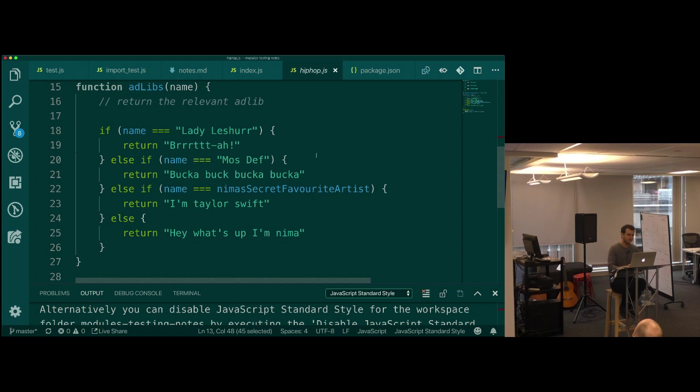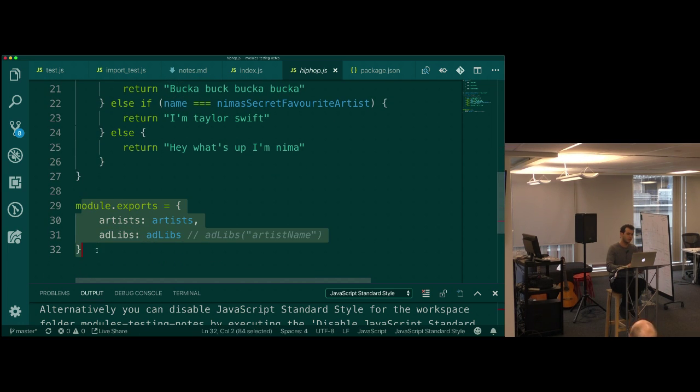I've got a function that returns a bunch of different words or whatever, depending on what's passed in. It's just a bunch of cool code that somebody might want to use somewhere. So then I'm also module exporting this stuff, right? I invite you to take a look at how I've set this up later. Now, before I publish this, or before I give this to someone and say, hey, here's all my hip hop stuff that I made, if you would like to use it in your program, I want to verify that my code works properly. I want to verify that it works properly.